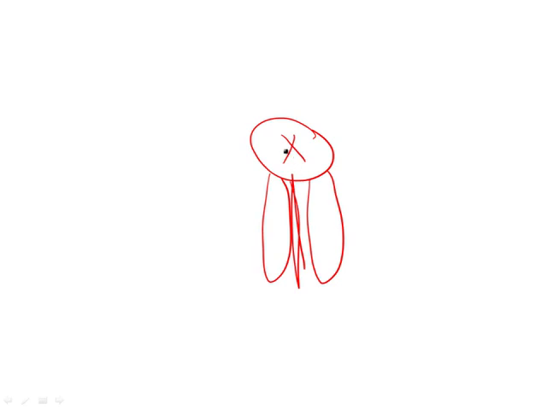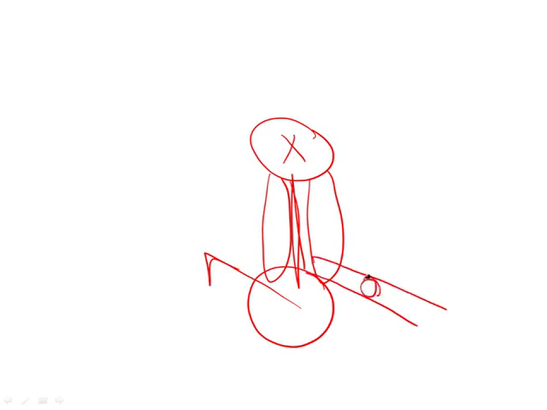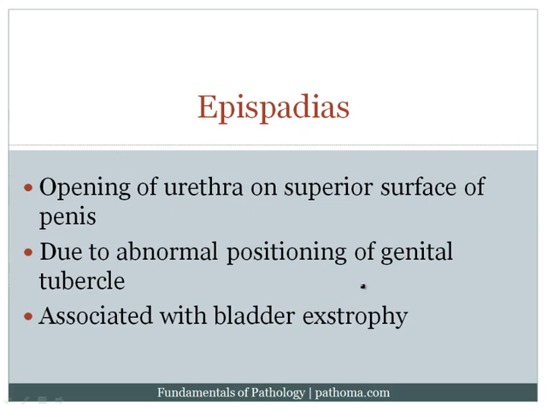Imagine that instead of being up here, the genital tubercle is here. Now, as this grows up and out, this gets dragged along the superior surface, and so now you've got this abnormal opening on the superior surface of the penis. And epi, again, very straightforward. Epi means on top, so it's going to be on the superior surface. And this would be due to abnormal positioning of the genital tubercle. So that's a little bit of embryology, but again, examiners love to go after that because that's a great way